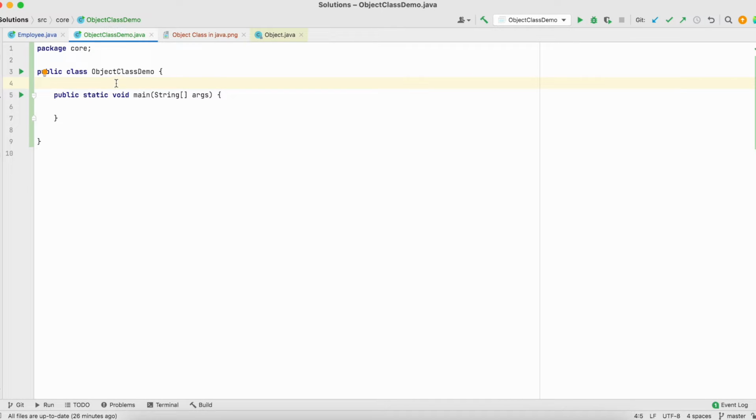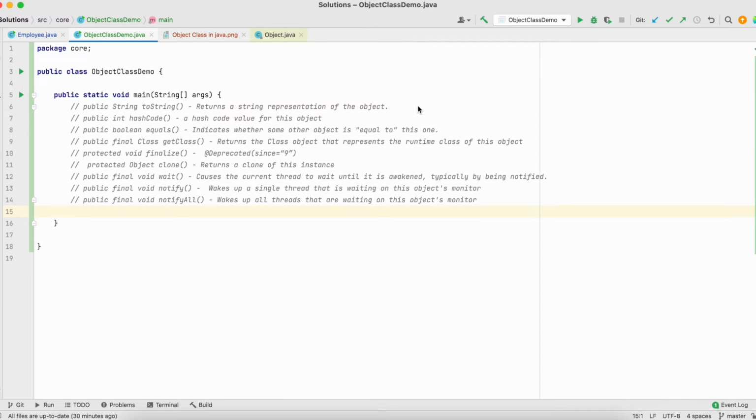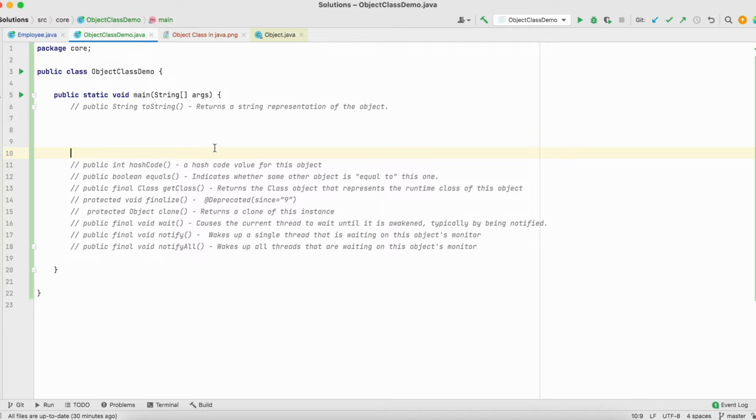For this one, we have created a class ObjectClassDemo. So toString method. ToString method returns a string representation of the object. That means the default value returned by toString is class name followed by the @ symbol followed by the hexadecimal representation of the hash code of that respective object. Let us see, for example,